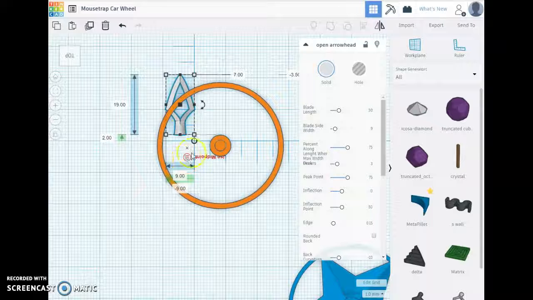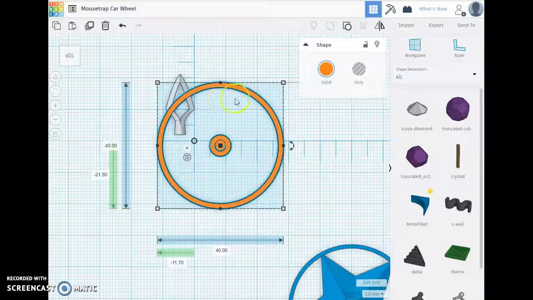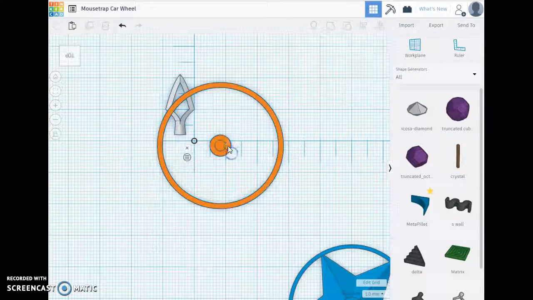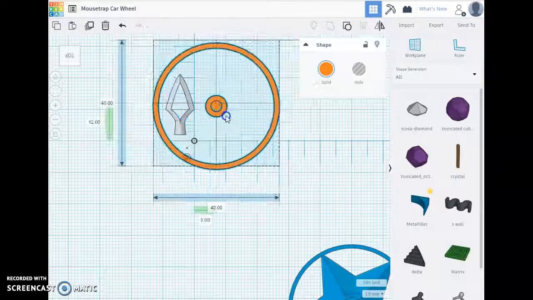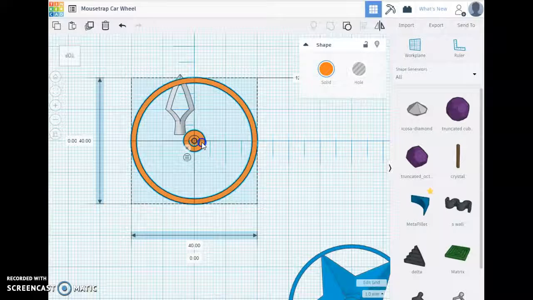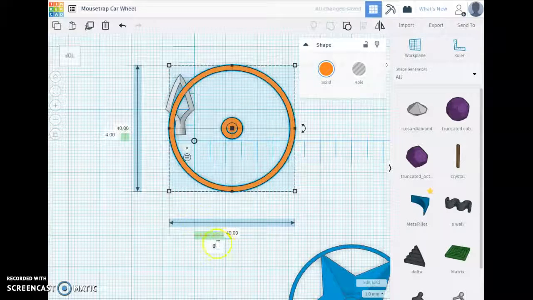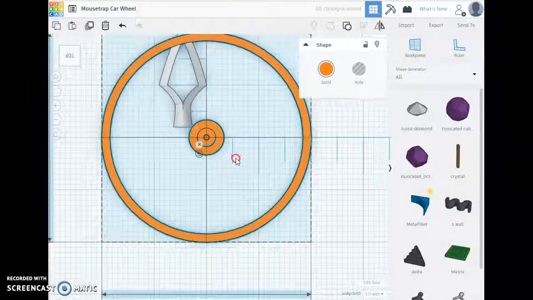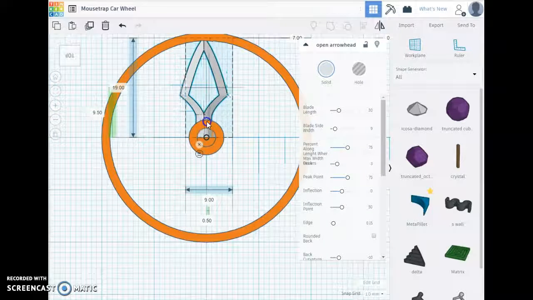Okay, notice that this option lets me toggle between using the midpoint of an object and using the end point. The object I'm interested in centering is this wheel itself, so I'm going to use midpoint. The green dimension, if I just move this around, you'll see what changes. The green dimension is the distance, so just dragging I was able to zero that out. I could also type 0 and 0 for those dimensions and have this perfectly centered. This is going to enable me probably to center up these arrows a little better,